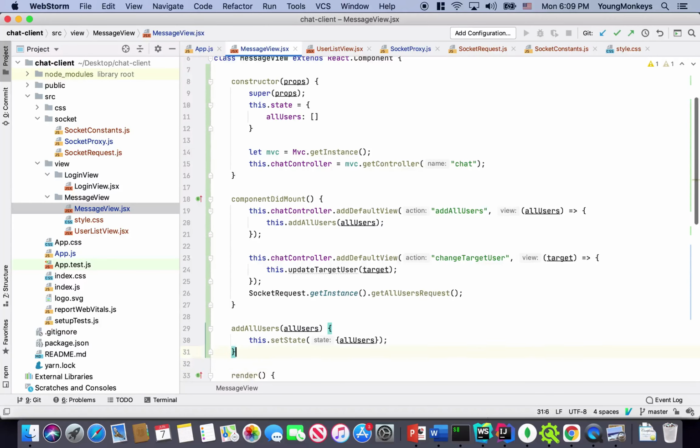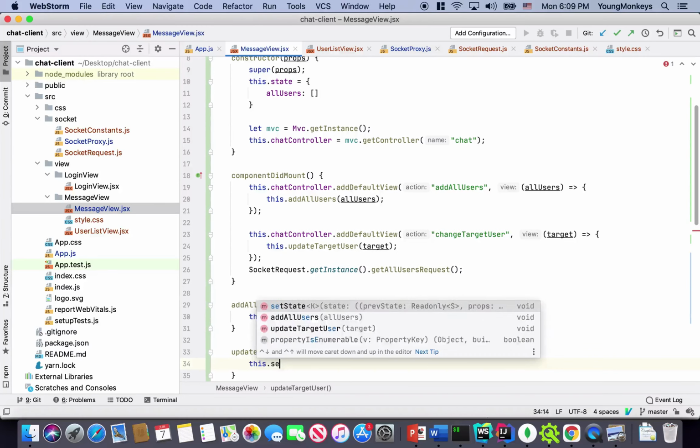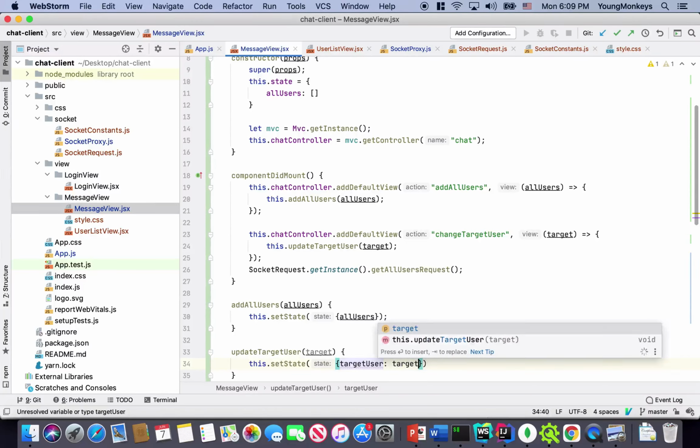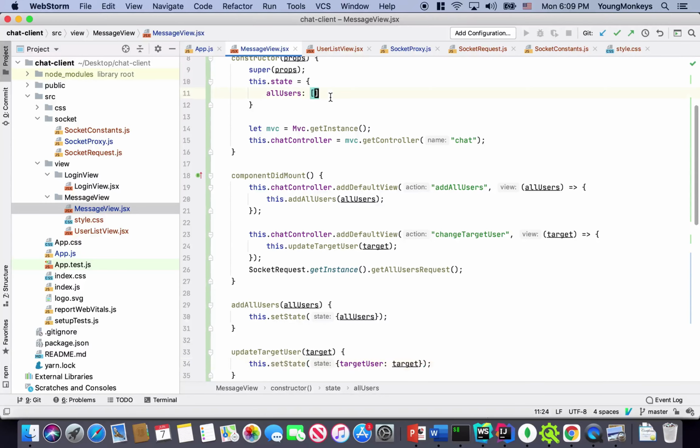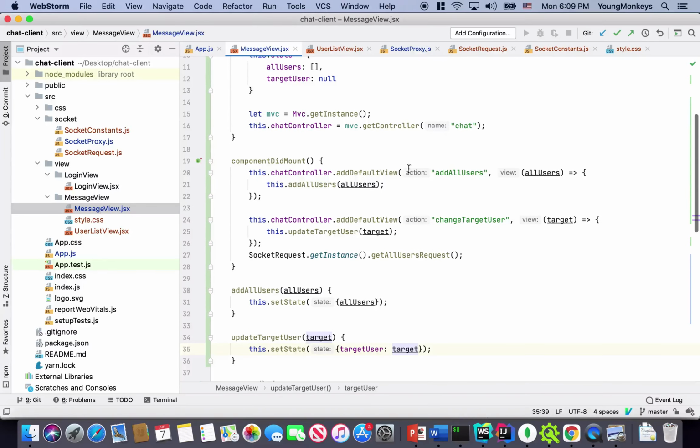I'll define that function here. Update target user target. This dot set state. I'll call target user as target. And of course, I need to give this a default value. So the target user now is at the beginning. Okay. And when I call controller updates the change target user view, the target user state will